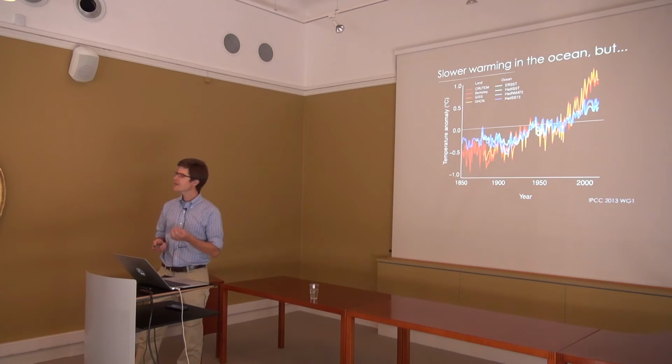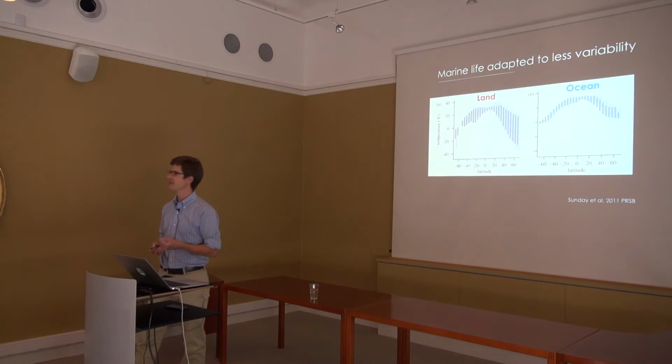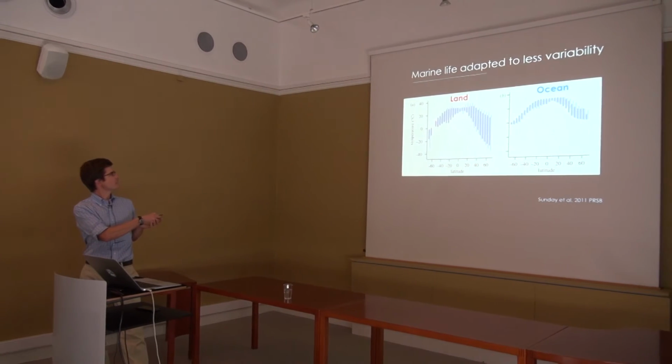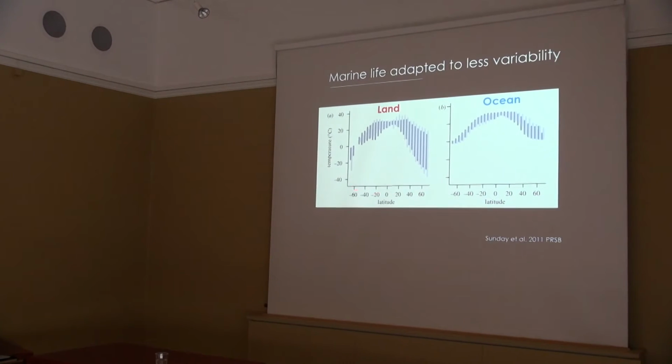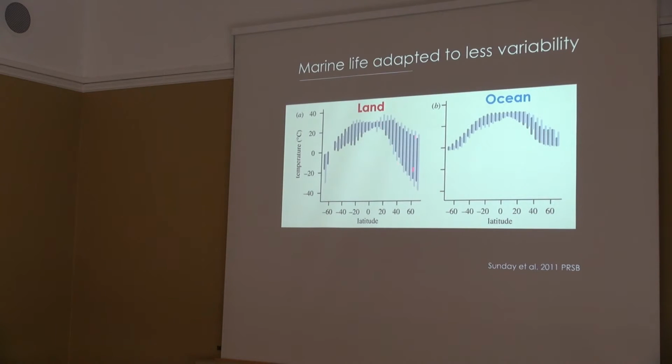we do on land. But on the other hand, species in the ocean are also adapted to much less temperature variability than they are on land. And these two graphs compare seasonal temperature variability on land and in the ocean. Each of these bars is the seasonal range of temperatures for a latitude. So we've got the South Pole, the equator, and then the North Pole on land and in the ocean. You can see that these seasonal temperature ranges are much wider on land than they are in the ocean. So what that means is that even a small change in temperature in the ocean actually means a lot relative to an individual organism's experience, or even the experience of an evolutionary lineage and what a lineage has evolved to tolerate.